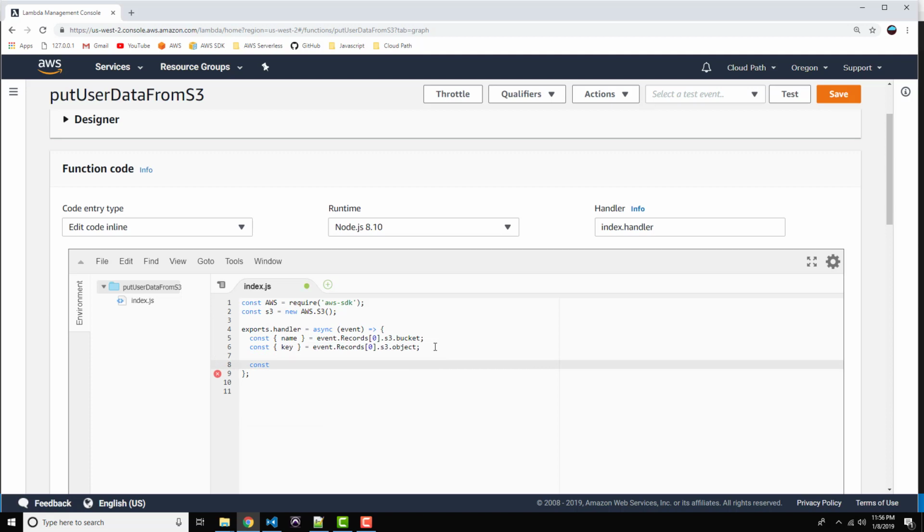Okay, now we'll just construct a little params object to hold the bucket name and the key. So let's say bucket, comma, and let's do key, just like that. All right. Now the next thing we want to do is make a call to S3 using our service object. So we'll say s3.getObject, pass in our params object, and that should give us back the JSON file that we